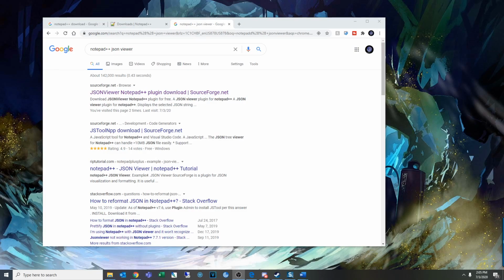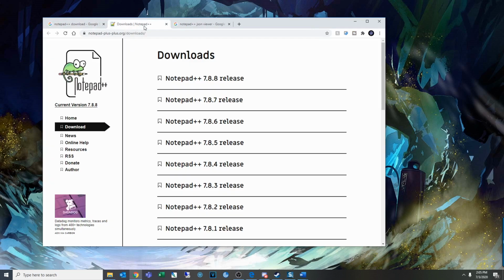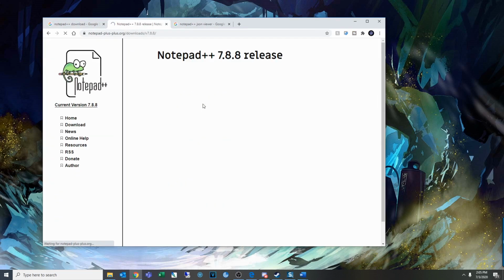So to get started, you're going to want to make sure that you have the proper tools installed to edit the save file. One popular one that I use is called Notepad++. I will leave a link in the description, but you can easily find it by just doing a quick Google search. Click on the download section. Just get the most recent one,